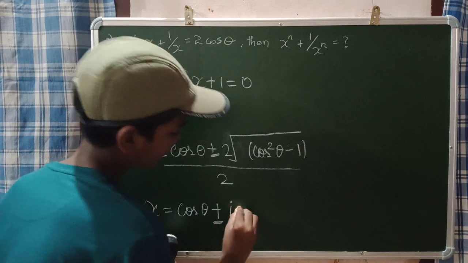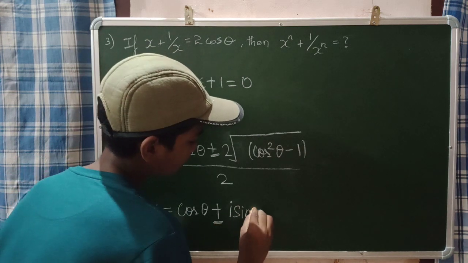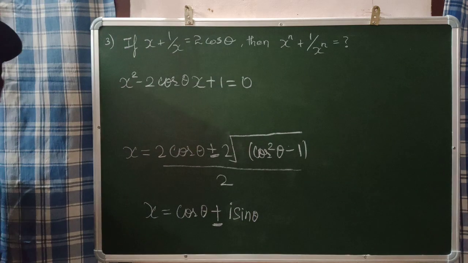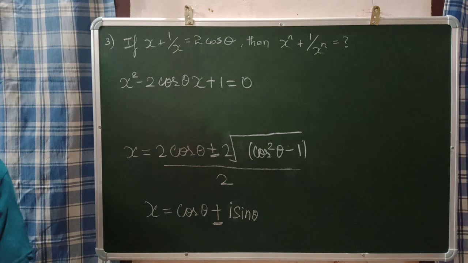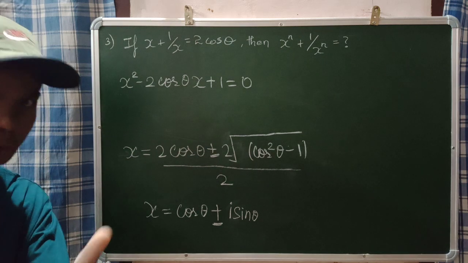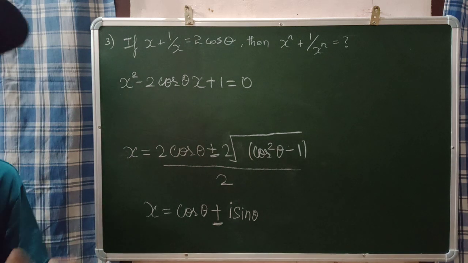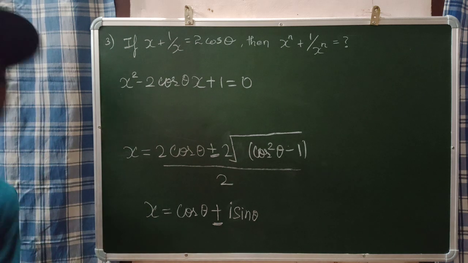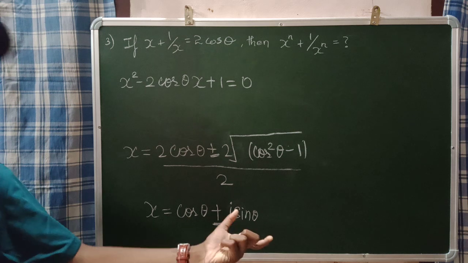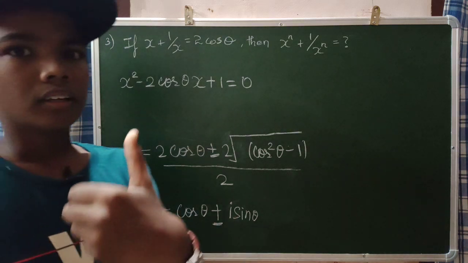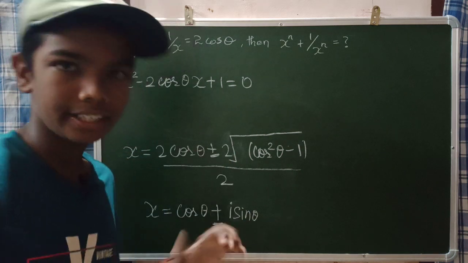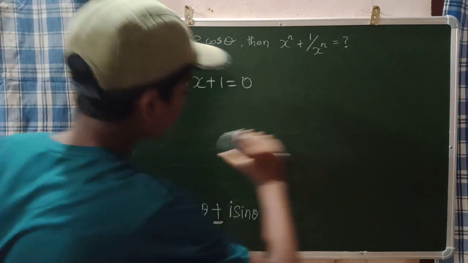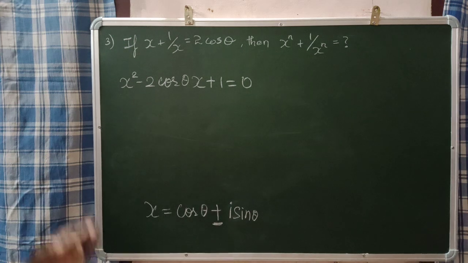Iota of sin theta, and that is what I arrived at. Because guys, root of minus sin square theta is nothing but root of minus 1 times root of sin square theta. Root of minus 1 is iota, as you know, and root of sin square theta is sin theta. Very simple thing. Root of minus sin square theta is iota sin theta. That's all. Now I found the value of x, which is cos theta plus or minus iota sin